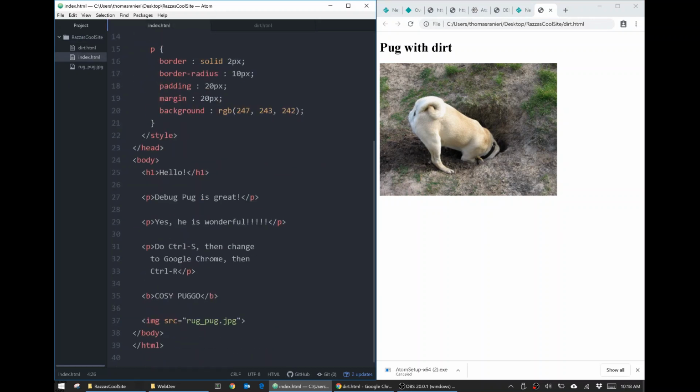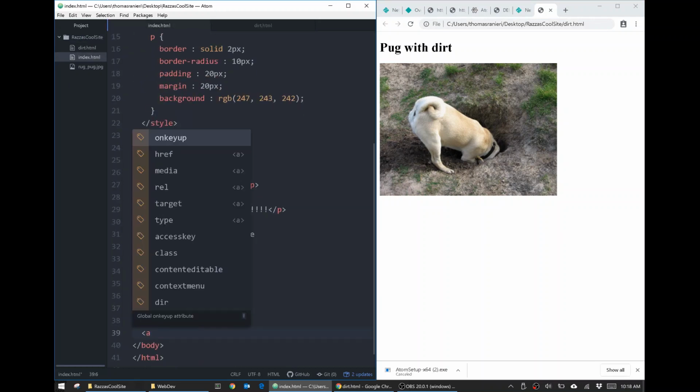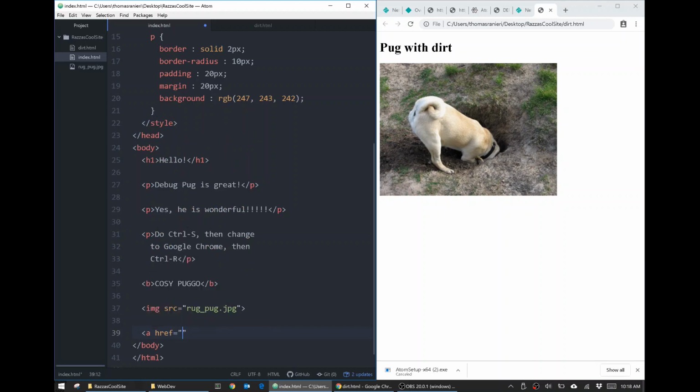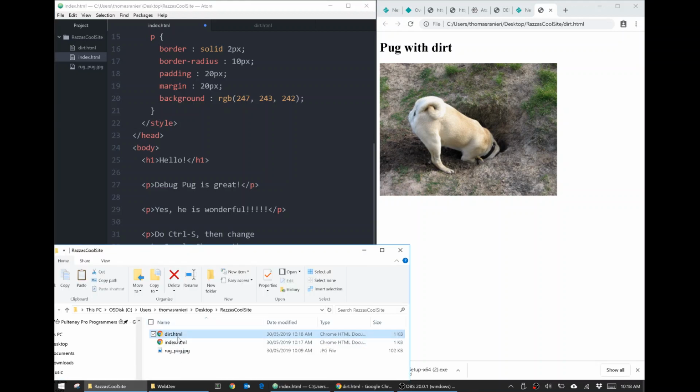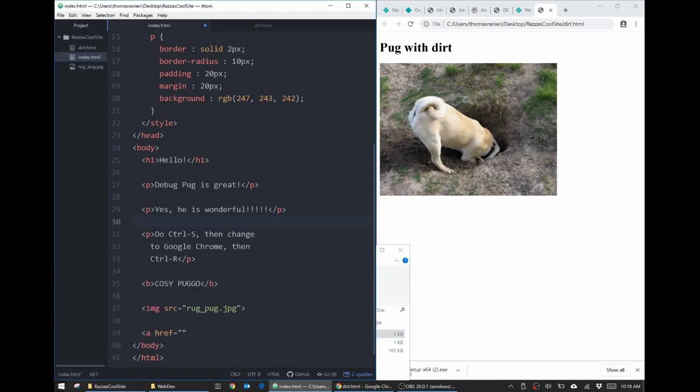In this page, I can make a link using the A tag, and I'm going to use a hyperlink reference, is what the href is. And the reference is going to go to my other page, which is called dirt.html. It'll look in the same folder. So if I just do dirt.html,